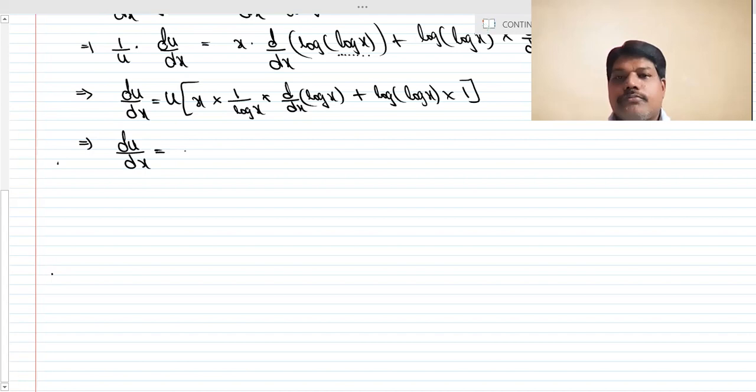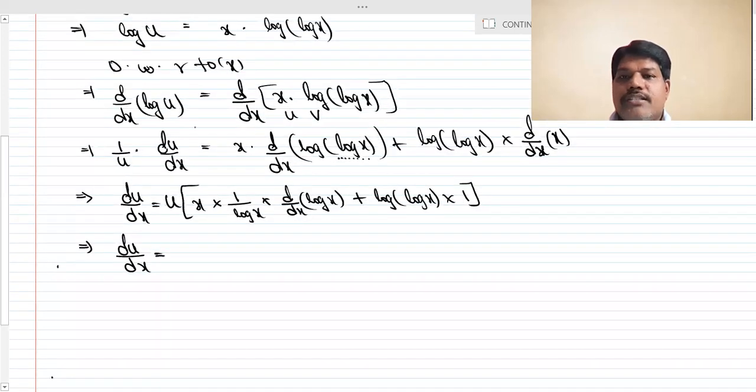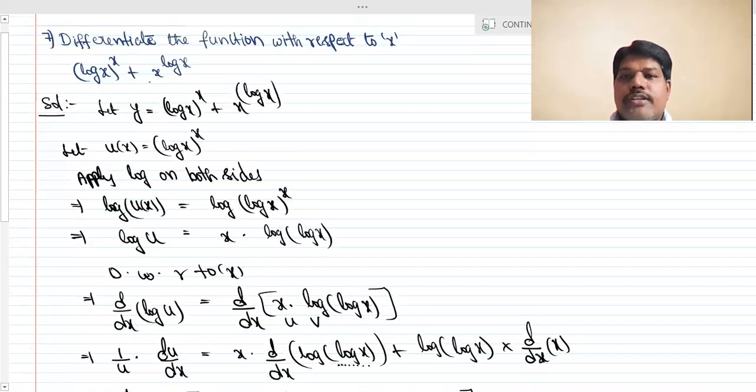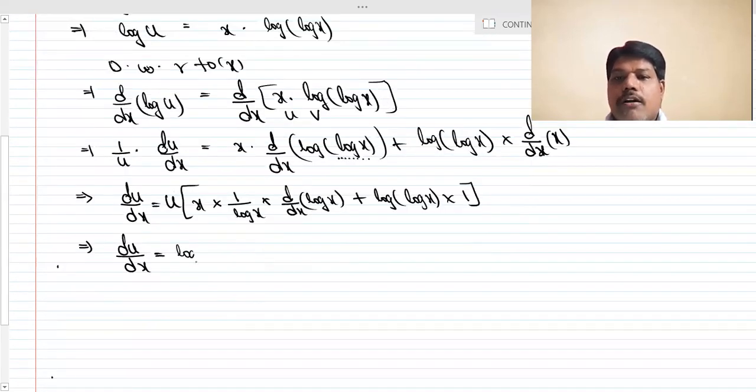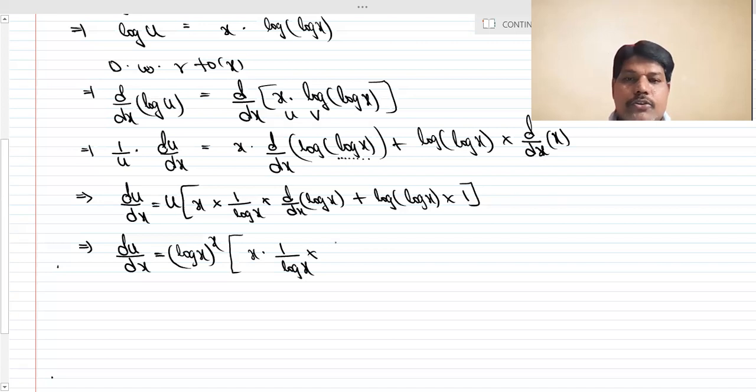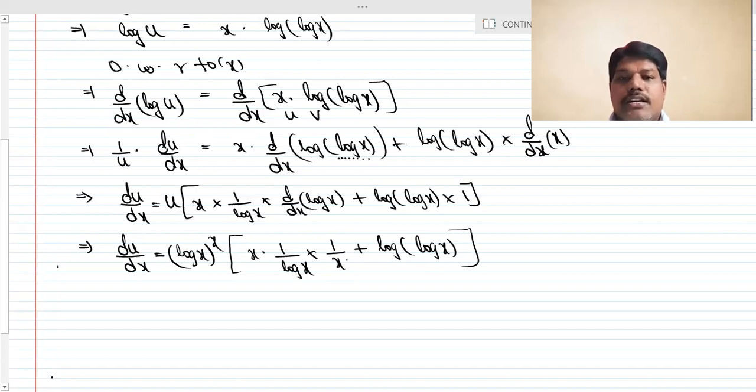is equal to x into, what is the x value, students? Already know that. What is the u value? U is nothing but the log x whole power x. So I will replace that value here: u is the log x whole power x into 1 by log x, 1 by log x into the derivative of log x, which is 1 by x, plus log of log x. So here you can understand that this x value and this x value will be cancelled, students, and what you will get,